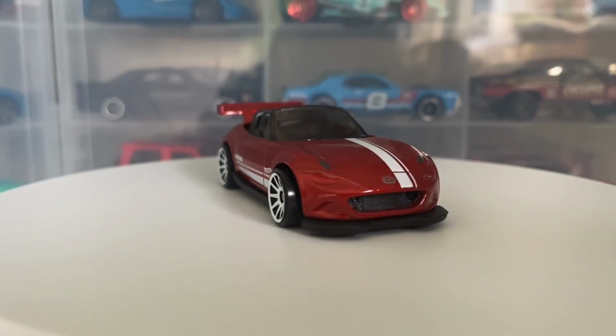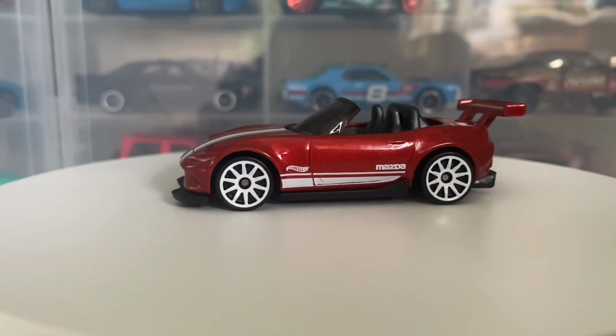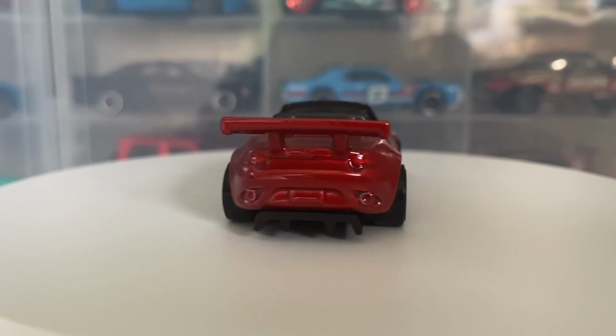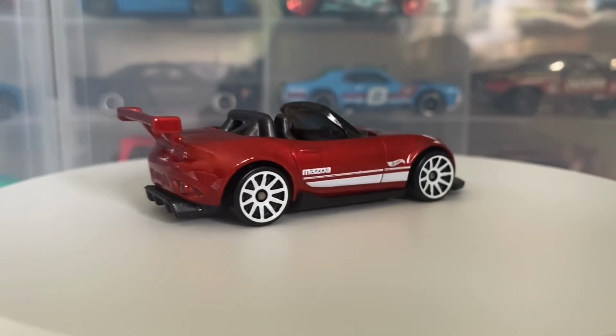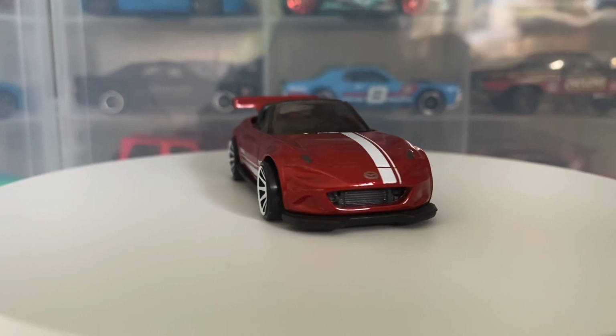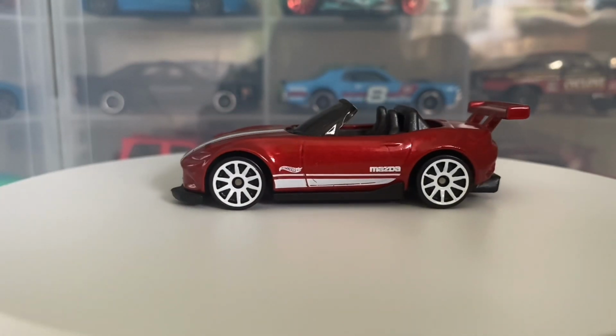Hello everybody, this is another Hot Wheels collector video. Today we are looking at the Mazda MX5 ND Miata from Hot Wheels. Obviously this is their own take on it, so it has the modified spoiler, diffuser and all that type of stuff. I think this is the most underrated Miata that has ever been released by Mazda, because I think